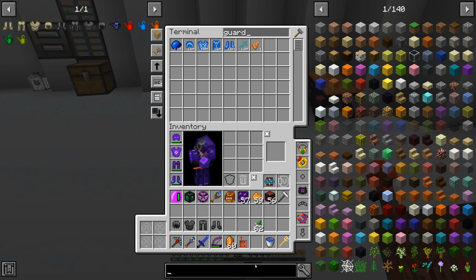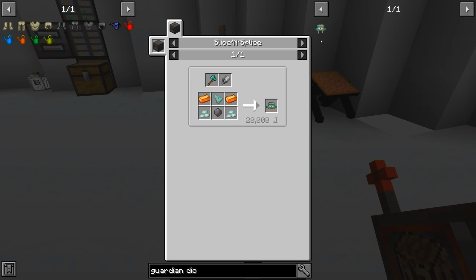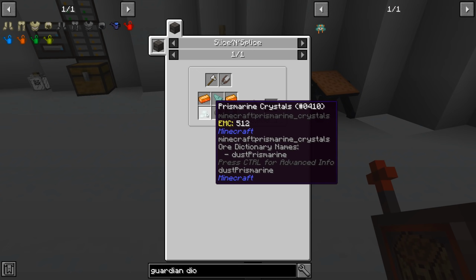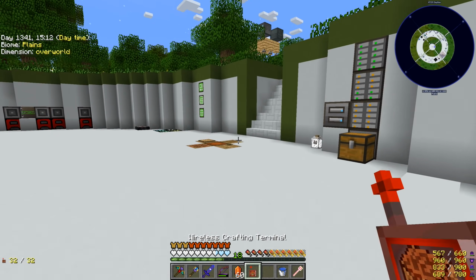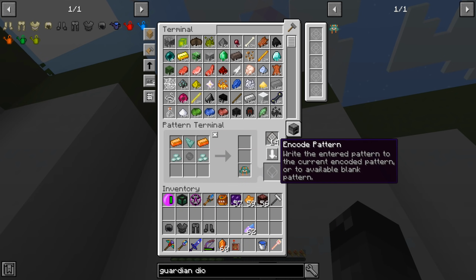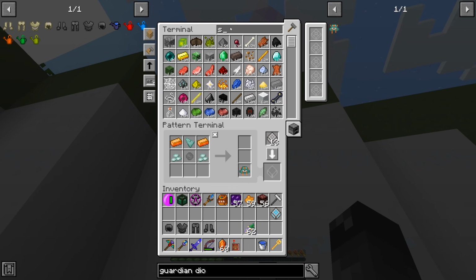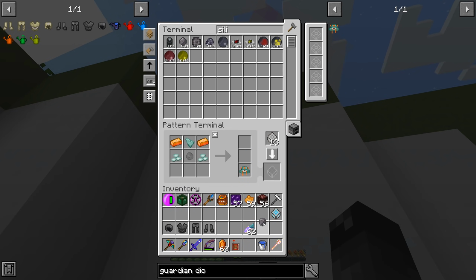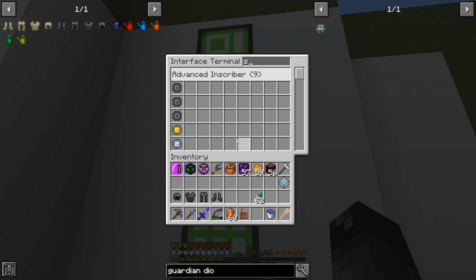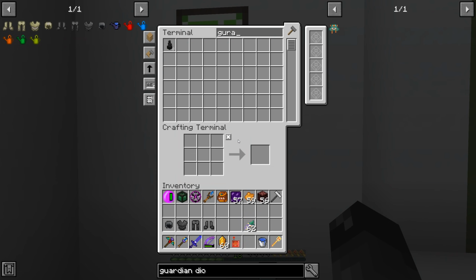Do we have... We don't have a guardian diode. So the guardian diode, energetic. Oh, that's really easy. I just never set up a recipe for this. I guess we can just set up a recipe right now. So we'll do one of those, this, that. Don't need that. Okay. I think we should have everything in the system. Silicon, we'll swap that to the other type of silicon. Re-encode that one, and then slice and splice. Okay, so I want to make a Guardian